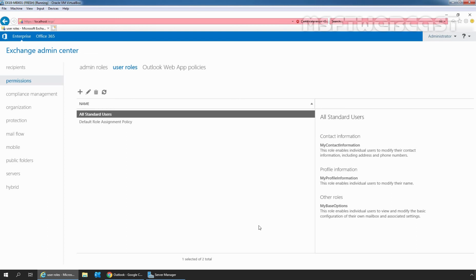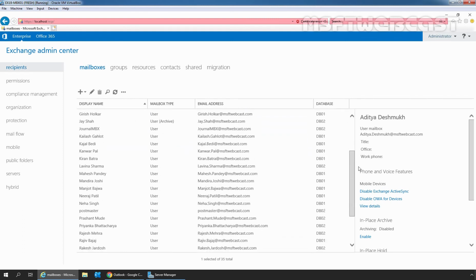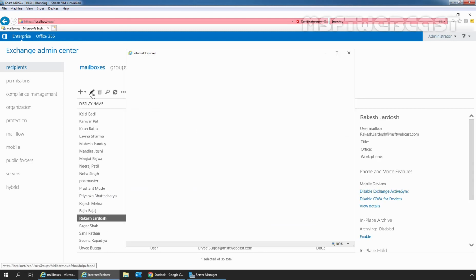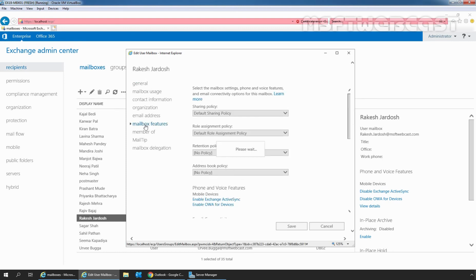To assign a policy to a user mailbox, we need to click on the Recipients section. From the list, select the user mailbox and click on the Edit icon. Here I'm going to select the user Rakesh Jardos. Let's select and click on the Edit icon. On the User Mailbox Properties window, we need to click on the Mailbox Features tab.